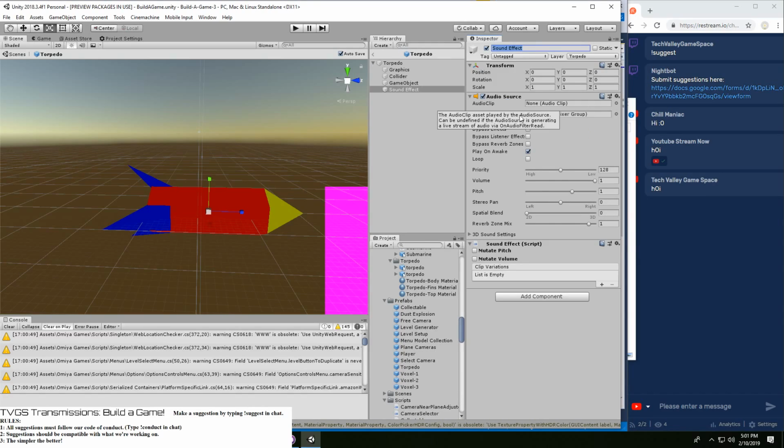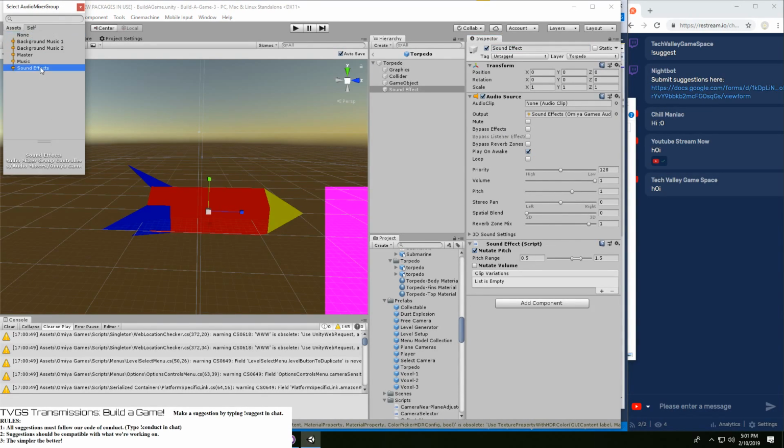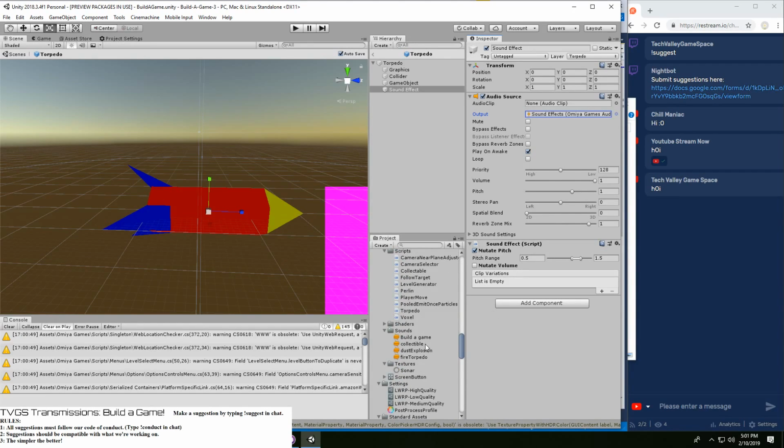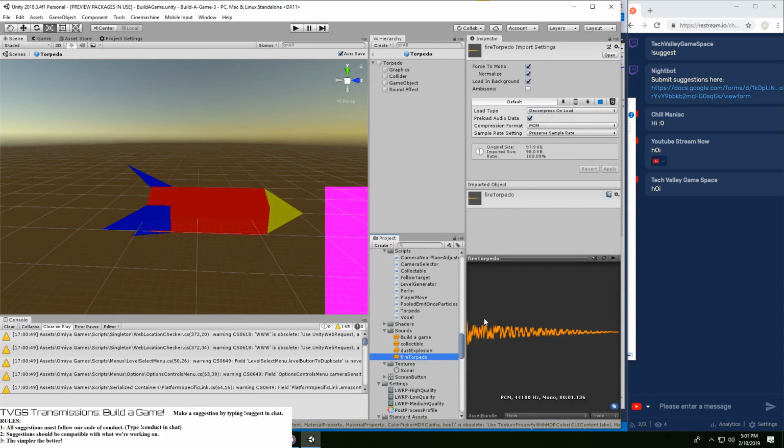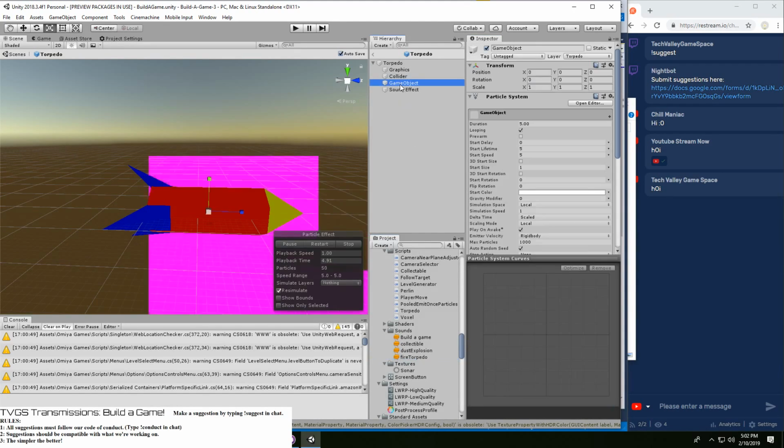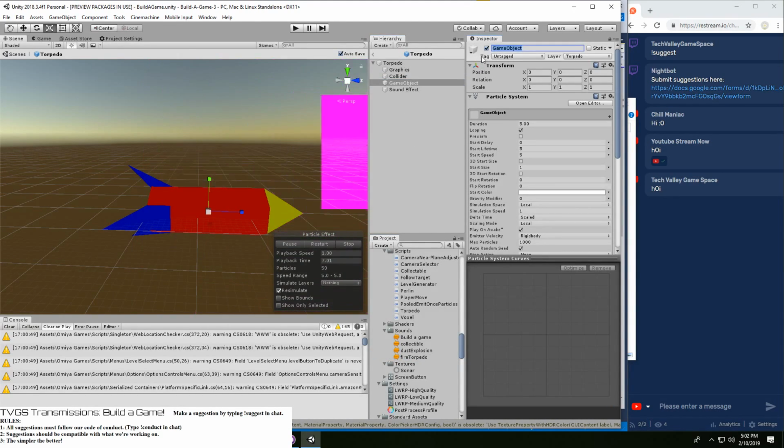Sound effect, definitely mutate the pitch. Make sure to add it into the sound effects group. And then the sound we wanted was fire torpedo, which sounds like something like this. That's really quiet. Oh well. And then this is the particles.